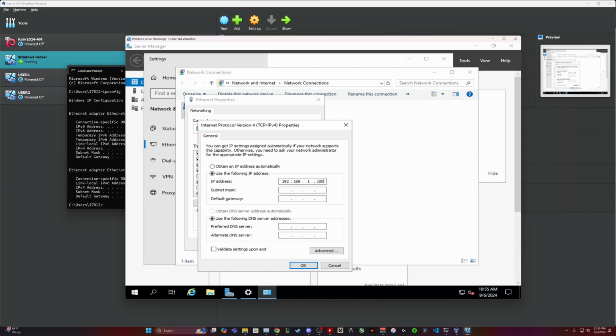192.168.1.100. Dot 100 is a good starting range for the IP address because the DHCP range, I'm not entirely sure what it is on my router, but for most routers it's between like 1 through 50. So starting at 100 plus is a good range to assign static IPs and whatnot. Again, this is the subnet mask that autofills, and then the default gateway, like I said, is